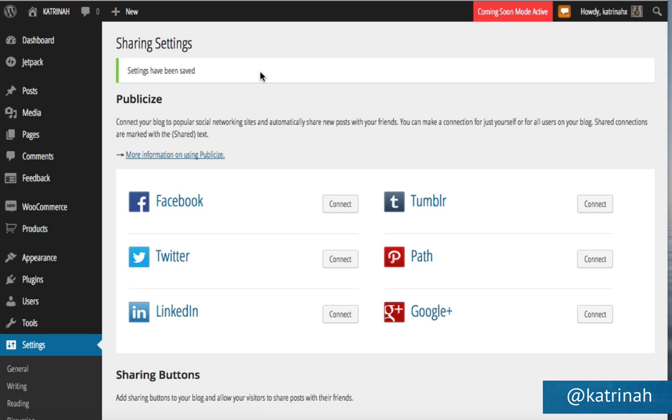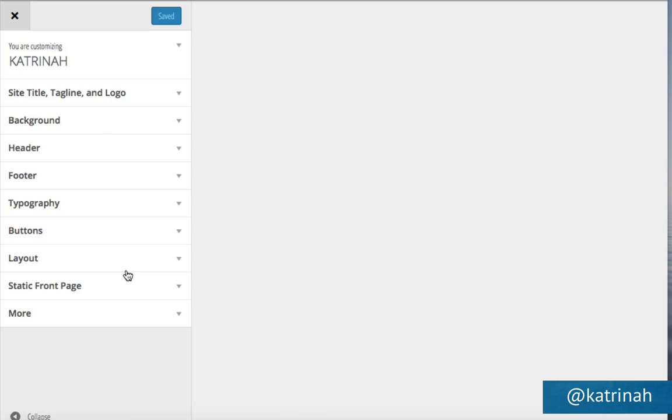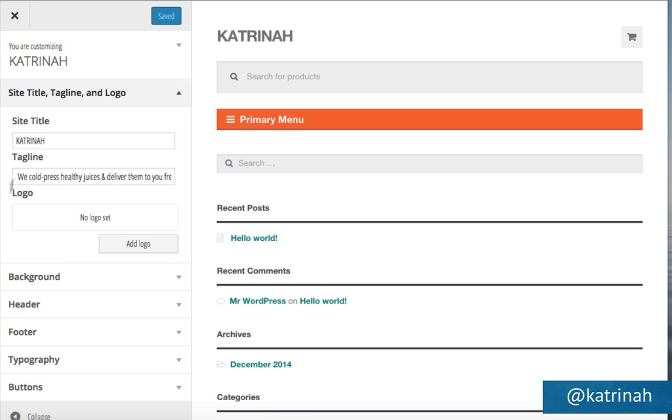Once the settings have been saved, next up, let's add our custom logo to our WordPress website by going down to Appearance, hovering over Appearance, and once again clicking on Customize. Now, once we add the Jetpack plugin to our WordPress website and activate it, we can see that by default, the logo is now showing up right here, which is really great. So I'm just going to open up this panel, and here we can see we have a new feature that we can add, which is to add our custom logo.